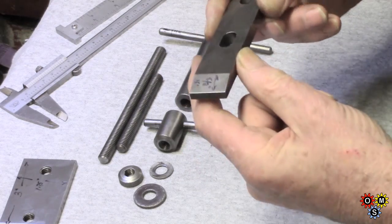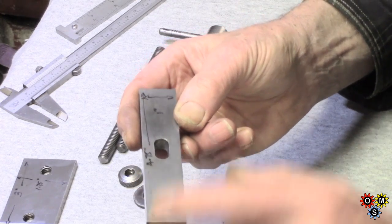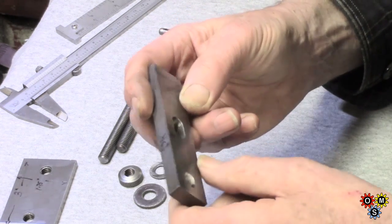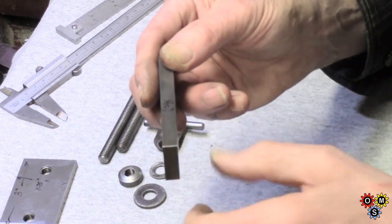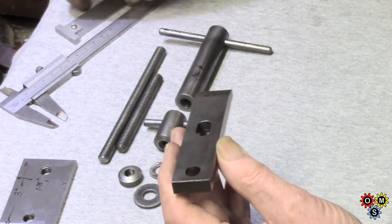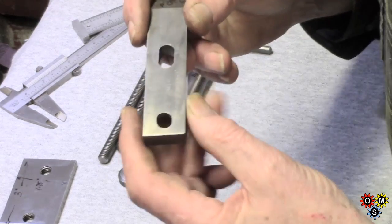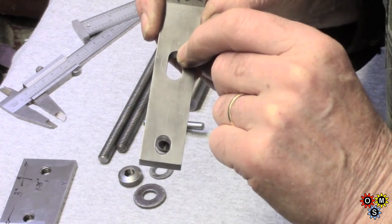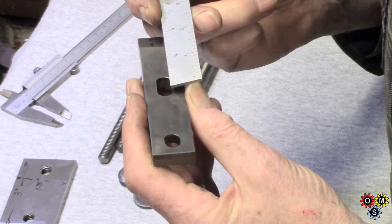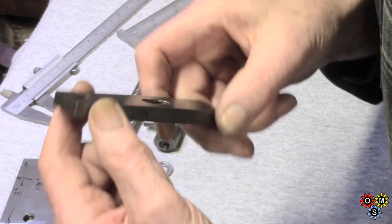Then the top jaw, this is made from, I've got some dimensions on it, it's 4 3/4, which might have just been how it worked out for all I remember. 1 inch wide and 3/8 thick. Right, this is the workpiece, shall we say. Now we've got holes in it, which is again nominal 2 inch centres, but what you need to notice is the front here has been worked into a slot, which is, the slot is 3/4 inch total length, and because this has to be able to tip when in